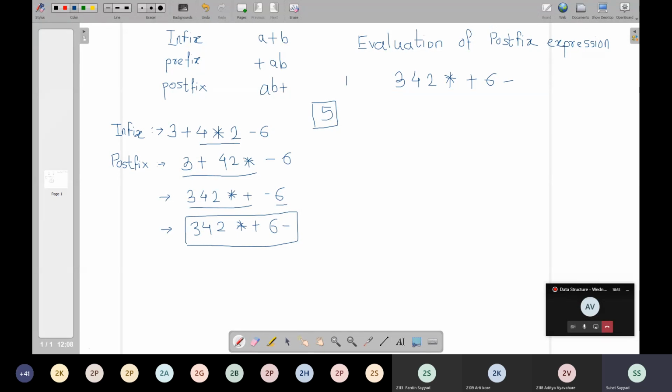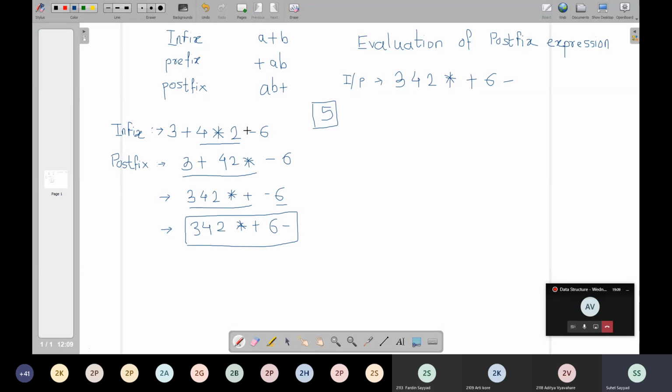Now, as I have taken infix first and then converted it to postfix, and the same thing I have taken as input, that's why I could directly find the answer over here using the infix expression. But this is not the correct way of solving this problem, because this infix expression will not be given to you as an input. What is given to you as an input is the postfix expression.